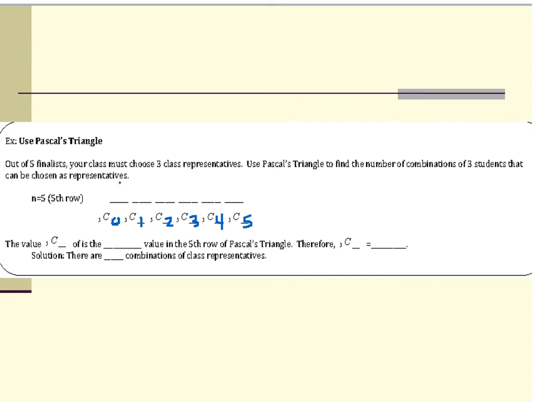So I know my first and last numbers are both 1 automatically, and if you put this in your calculator, 5C1 would be 5. 5C4 we know would also be 5. 5C2 is 10, and so 5C3 also has to be 10. So the value that we want here, we got 5 finalists and we want to choose 3. So the value of 5C3, because we want 3 of them,